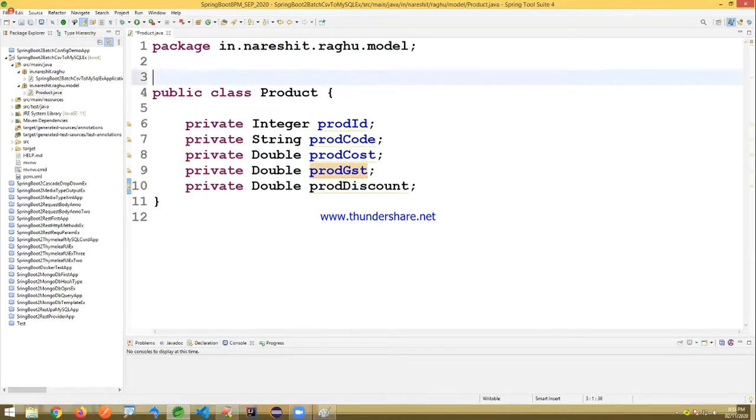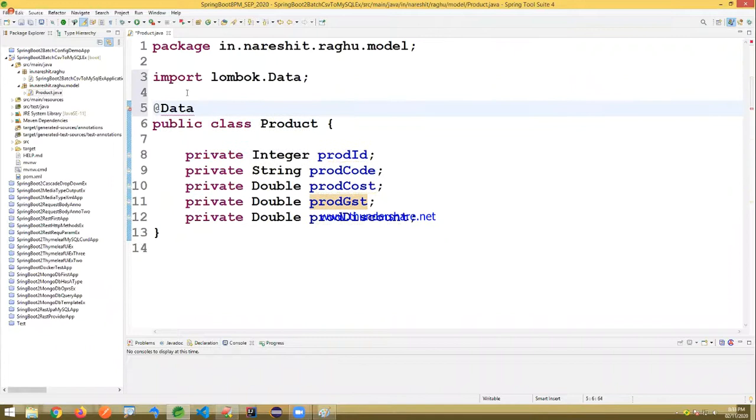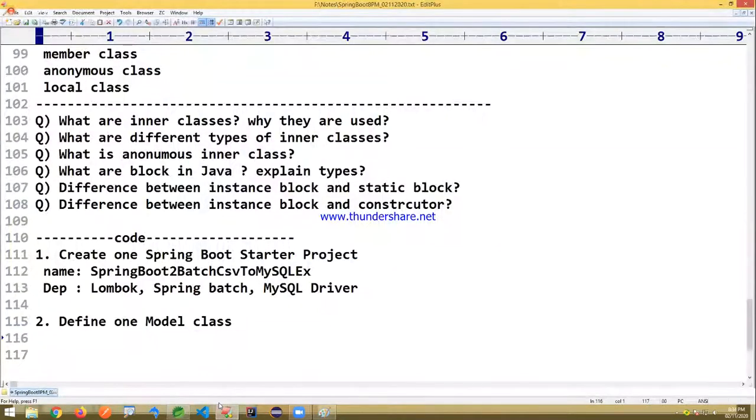Like this I created it with @Data. Don't apply @Entity, it's not Data JPA. It's a JDBC style data transfer. This is done. I just created one model class, you can see.